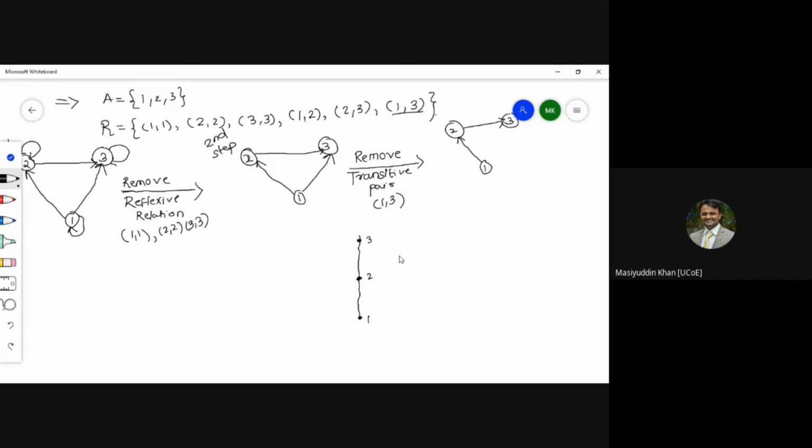ऐसा डायग्राम ये करने की ज़रूरत नहीं है। This is our final Hasse diagram. देखो अच्छे तरह से समझो। फर्स्ट जो भी रिलेशन है उसको डायग्राफ में कन्वर्ट करो, फिर रिफ्लेक्सिव पेयर सभी रिमूव कर दो। रिफ्लेक्सिव पेयर रिमूव करने के बाद जो डायग्राफ आता है, उसमें से जो ट्रांजिटिव पेयर है उसको रिमूव करोगे, तो 1 to 3 जो आपका ट्रांजिटिव पेयर था, उसको आपने रिमूव कर दिया, जिससे आपको नेक्स्ट डायग्राफ मिलता है यहाँ पे। This is my third step.